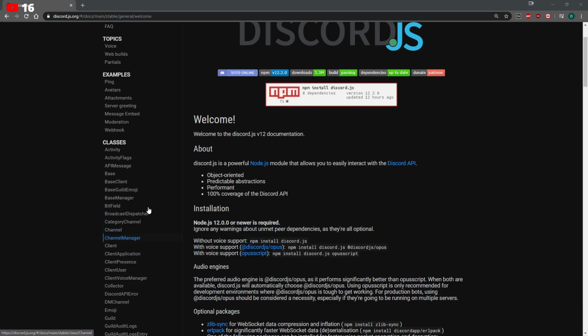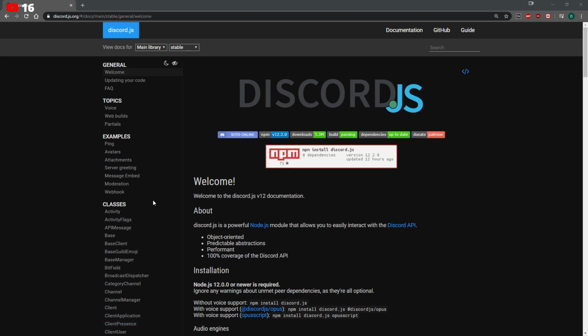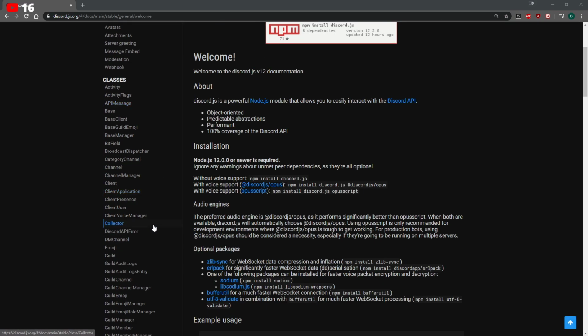Okay, so the Discord.js documentation. I'm not really going to focus strictly on Discord.js docs, but I'll talk about how to interpret documentation in general, because I don't want to just teach one thing. I want to teach something in a more generic way. Once you learn how to read and search documentation, you'll be able to do that with any documentation.